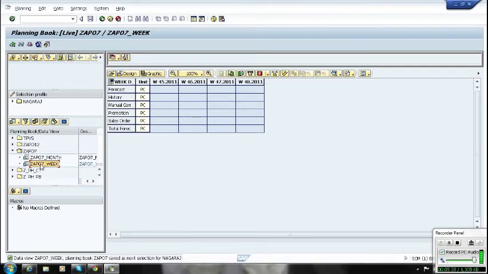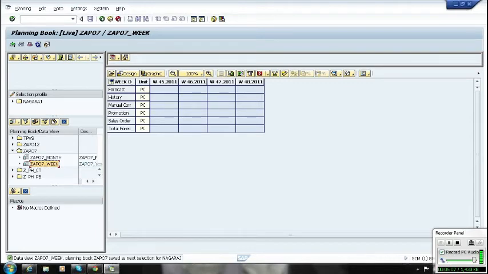If I give the 20 key figures planning book, even though only 10 key figures are required, it will still read 20 key figures. So in terms of performance, with the 10 key figures planning book it will complete within the hour, while reading the 20 key figures planning book may take maybe 1.5 hours. So that is another reason we create some planning books for running background jobs.